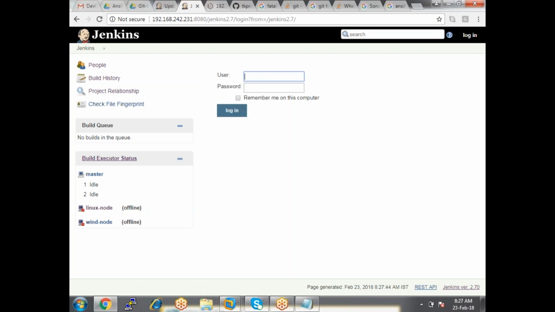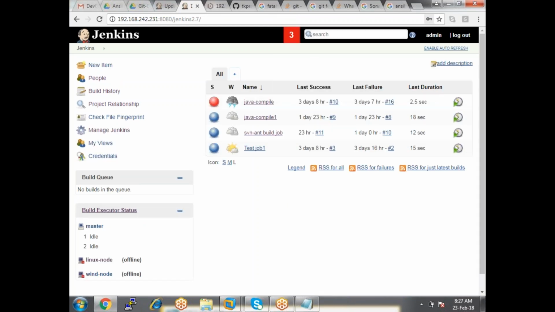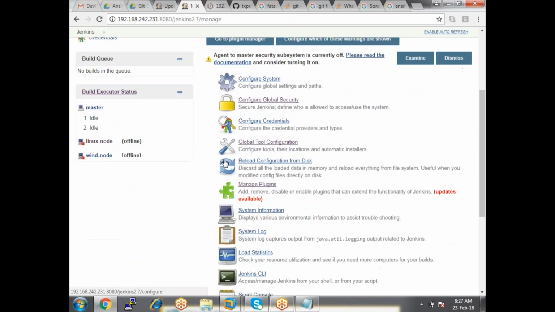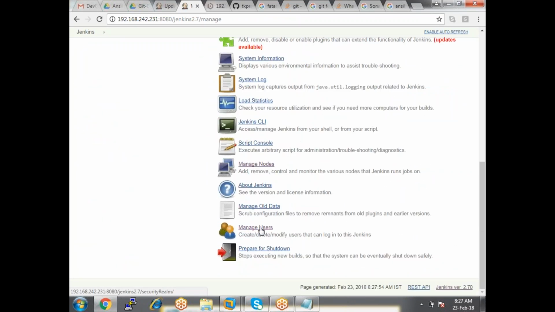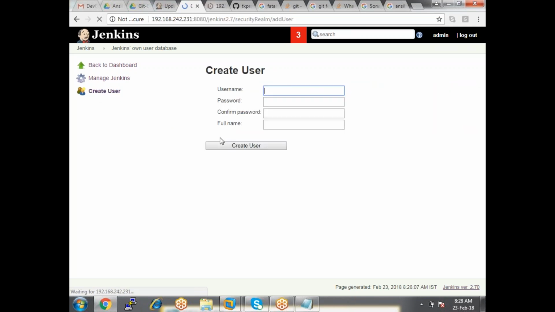So first login as administrator. Here you need to create a user now. So how do you create users? Here, manage users. So here we have the option to create a user. First I want to create a user called junior user.